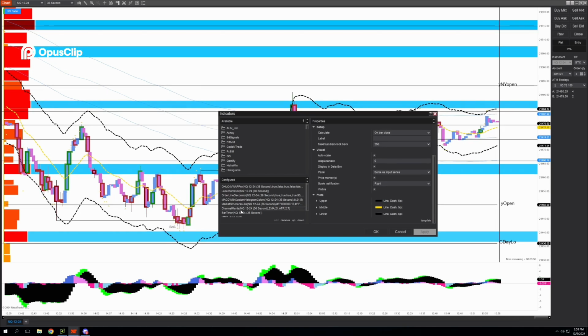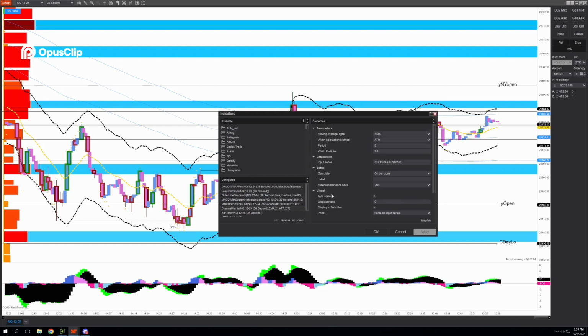Channel Mania, this is another custom indicator I made. It's kind of based off the Keltner channels, but I think it's calculated a little different if I'm not mistaken. So what I have here is it's set to EMA and ATR, and this can be toggled to SMA, and this can be toggled to a standard deviation. But right now I'm using an EMA of 21 and an ATR of 2.7,